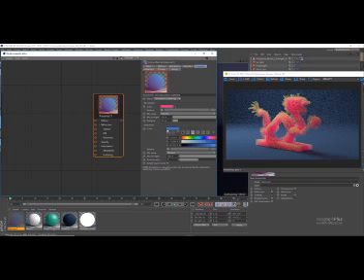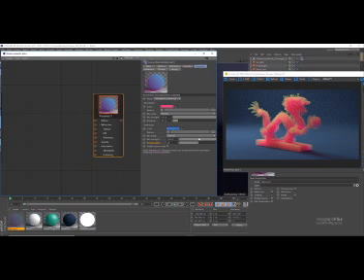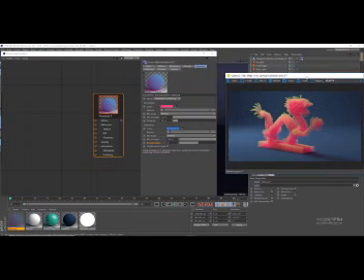Directionality controls the direction in which light is scattered. The default of 0 means that light gets scattered evenly in all directions. Positive values like 0.8